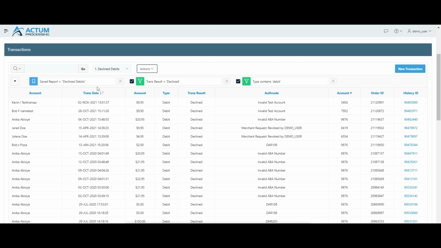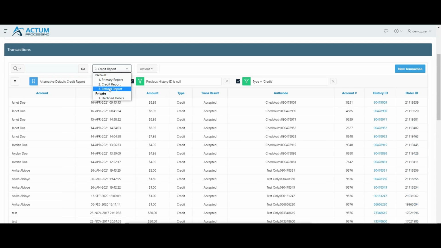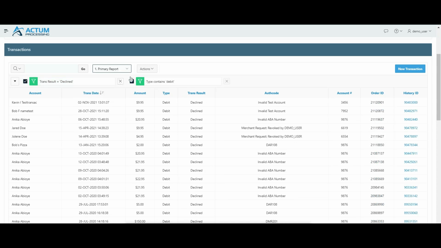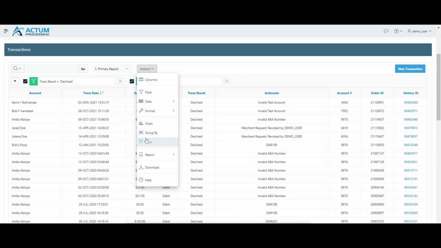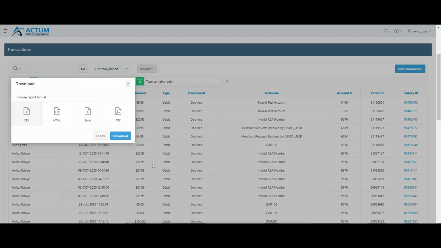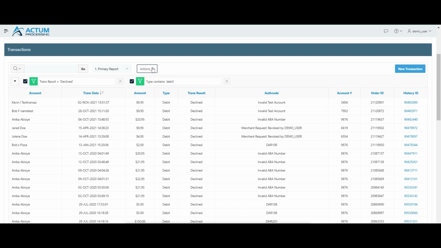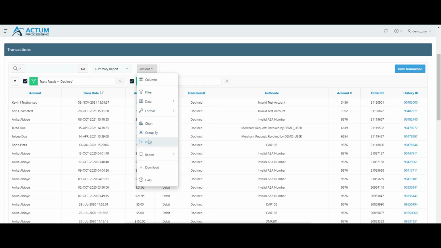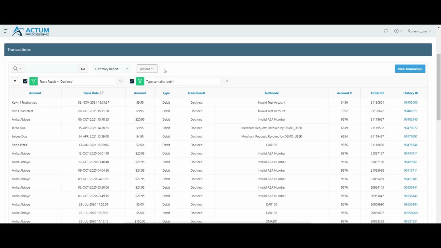We've also created custom reports that are available to everyone. These reports help you distinguish between credits and refunds. We have enabled the reports to be downloaded in one of the 4 most commonly used file types. This allows you to utilize your data in any way you see fit. The Actions menu contains many useful features, including pivots, charts, aggregations, and much more. Please check out Oracle's 5-minute Intro to Interactive Reports video that can be found on our FAQ page to learn